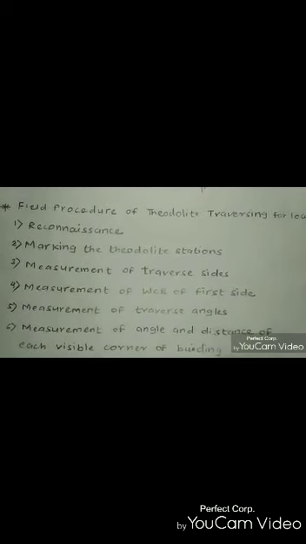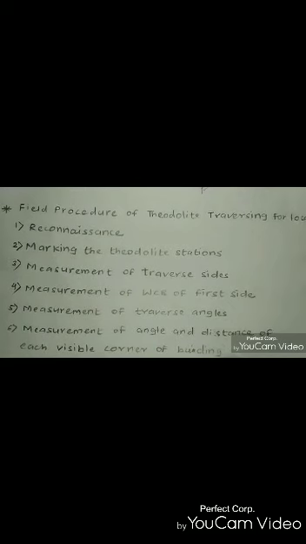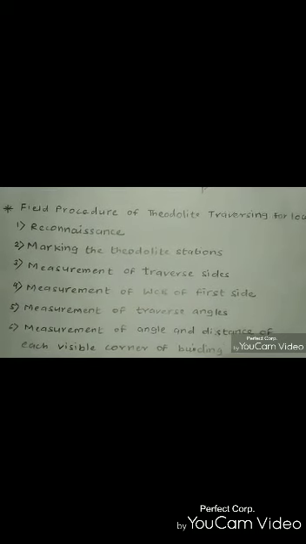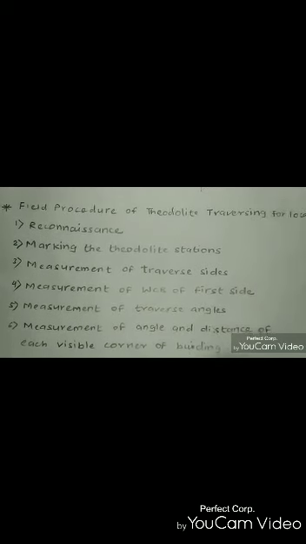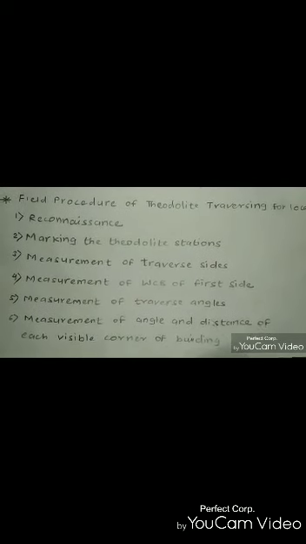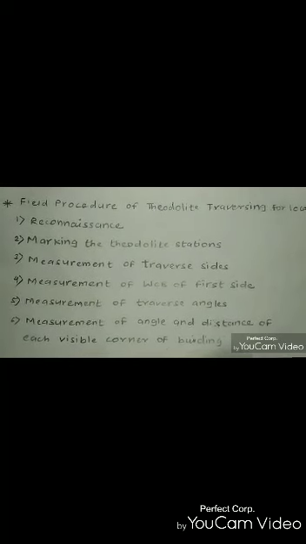Now we will discuss the first step, that is reconnaissance or reconnaissance survey. This reconnaissance survey is the field survey using very basic instruments like tape and field book. During reconnaissance, features like adjoining roads, adjoining buildings, telephone poles, electrical poles, large trees, temples or any other distinct features are noted in the field book. You also have to finalize the location of each theodolite station so that they will be visible from the backward station and forward station.